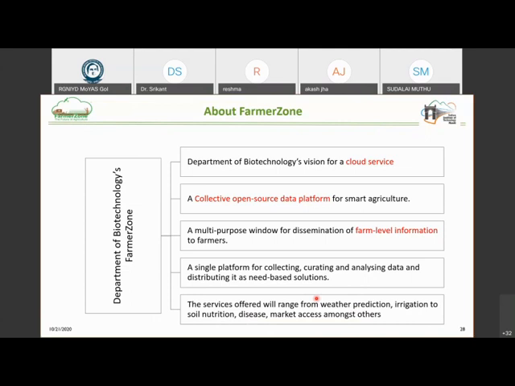is very important. As engineers, or scientists, the part we are comfortable with is usually the developing of systems and how to improve the productivity of the crops. But what we are not very comfortable with normally is what happens after the crops are grown and harvested? How do they go to the market, and are they actually bringing value to the farmers? So that's something also that's a mandate of Farmer Zone. And this is why I'll then talk about the farmer's experience, like the question you asked, Lokesh.